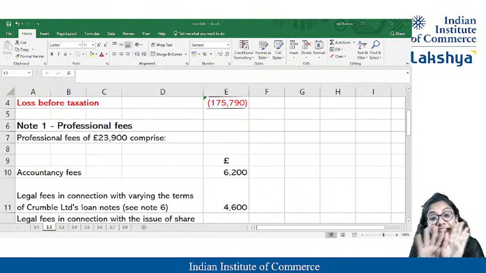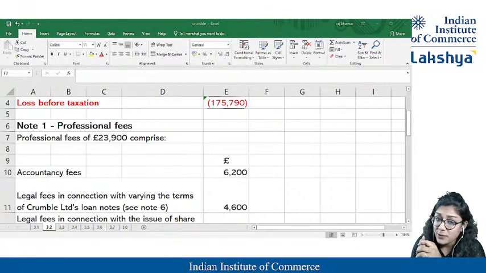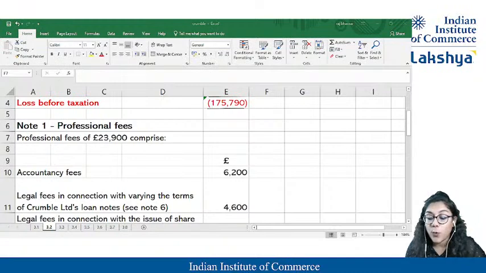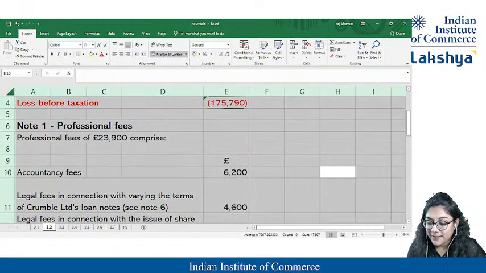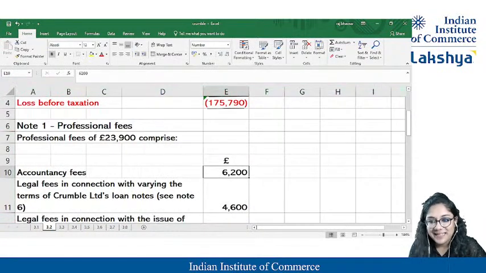Allowable, what will we do? Ma'am, we will do nothing. You have already paid, you have already taken, you have already reduced it. Disallowed means you have reduced it, na ma'am. Add back, add back. We need to add back. I'll just make it bold so that it is easily visible again.